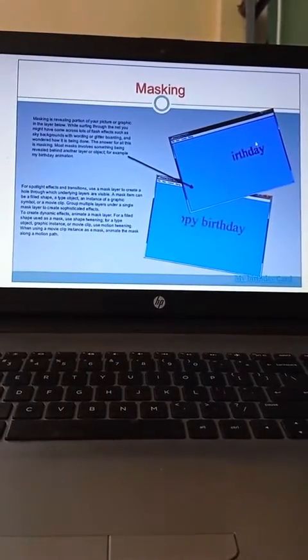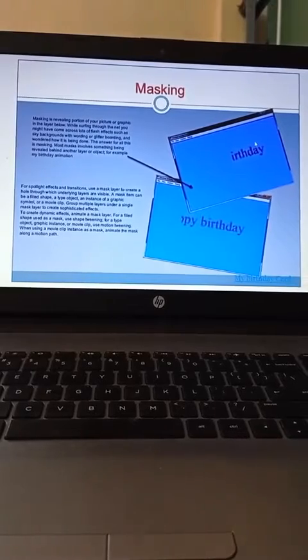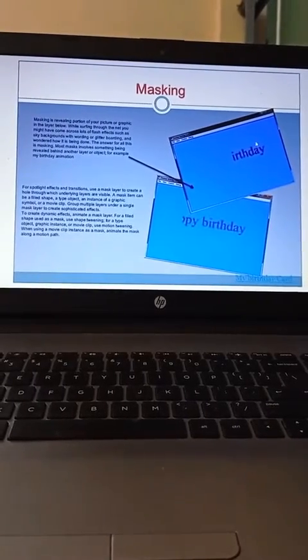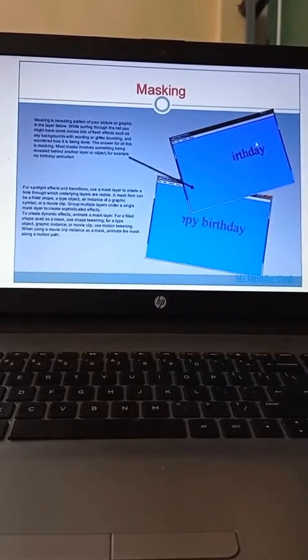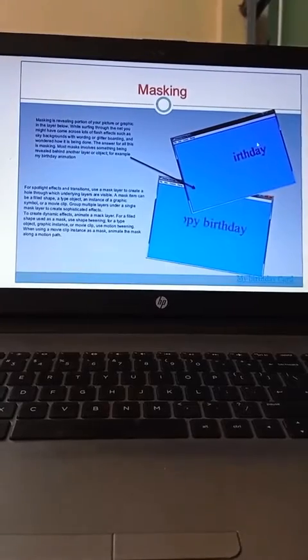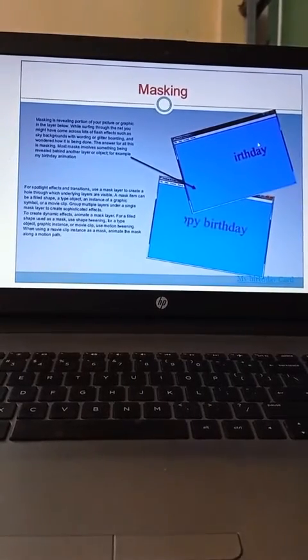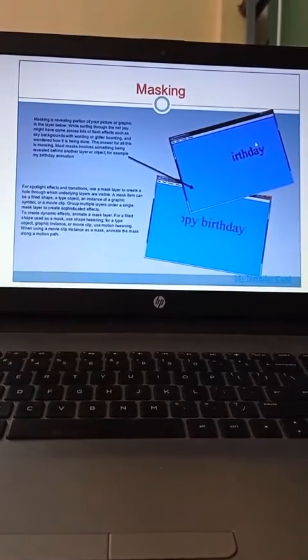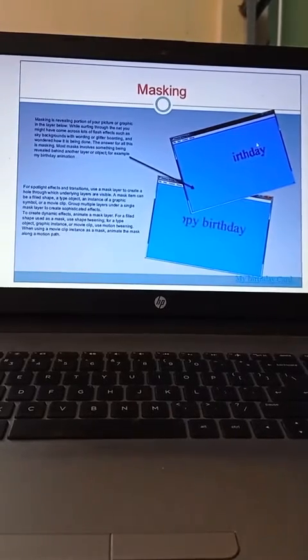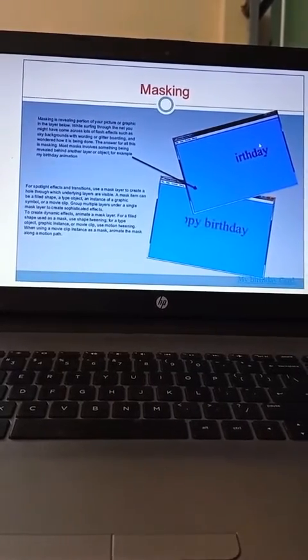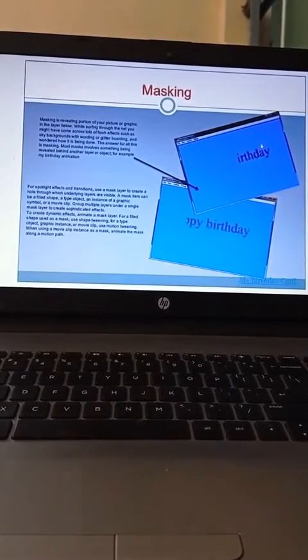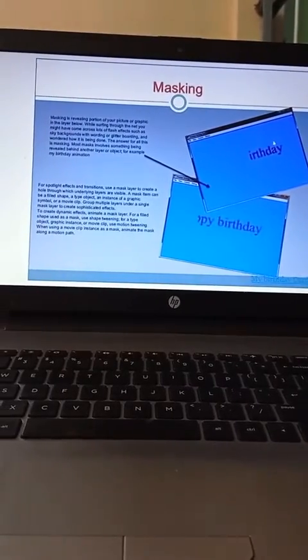Insert a keyframe at frame 60 on the star mask layer. Select frame 1 on the star mask layer and select motion from the drop-down list of the tween property in the Property inspector. Then select the CW option in the rotate field. Right click on the star mask layer between frame 1 and frame 60 and select the mask option. Press Control plus Enter to play the movie. Got it?